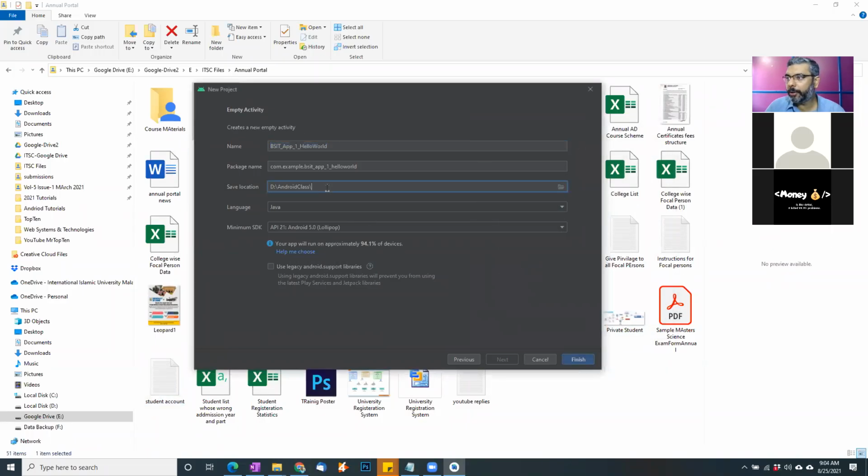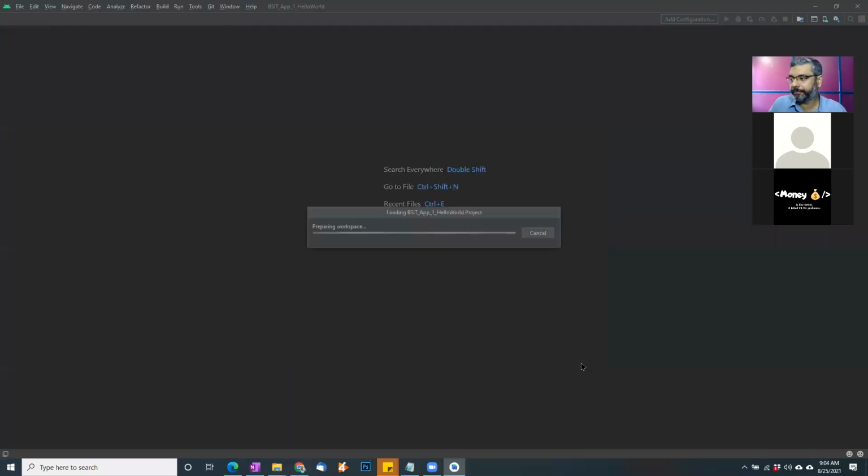Slash, let me copy the folder name. Now it's okay, finally. Okay, so again, one more tip. Do ensure that you don't give spaces in your folder name. Even in your app name, it's not recommended to have spaces, because that same name will be used as API package names and path names. If it includes spaces, it creates problems, like it just did. Okay, so let's go finish.